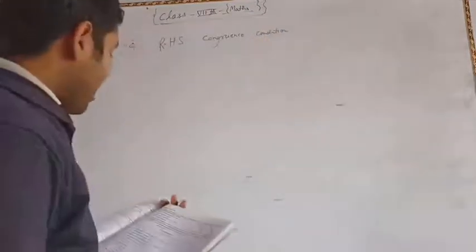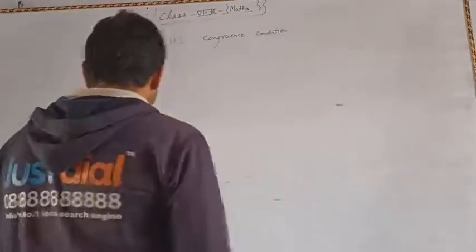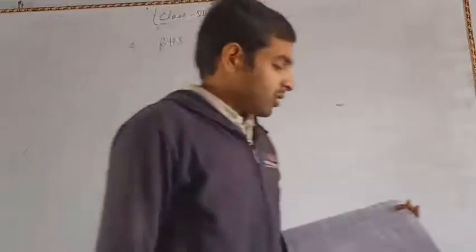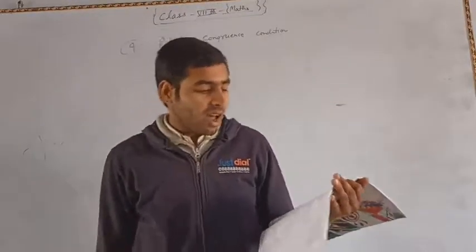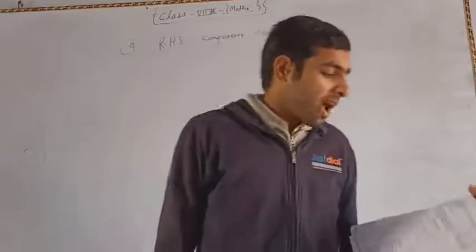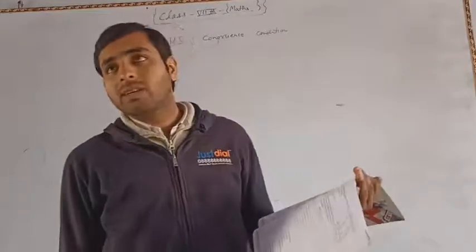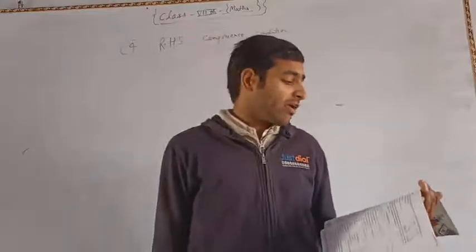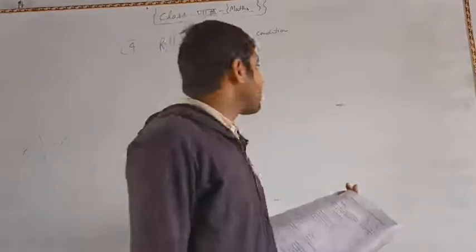In right hand side congruence condition, if two right angle triangles are congruent, then the hypotenuse and one side of one triangle are respectively equal to the other triangle. Okay, so from here,